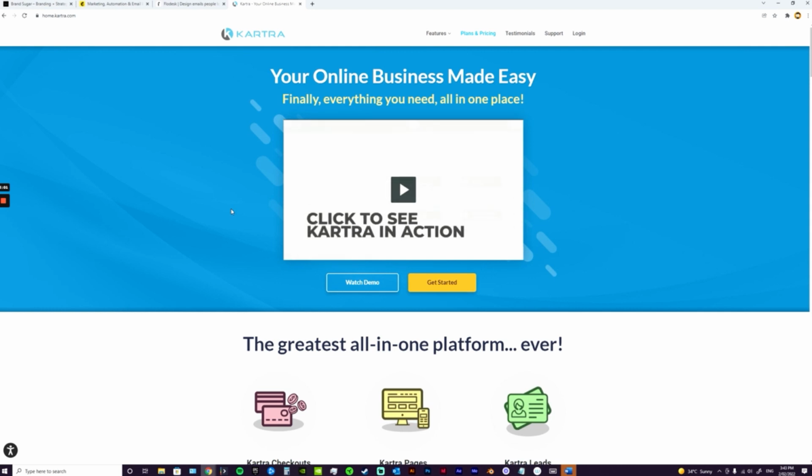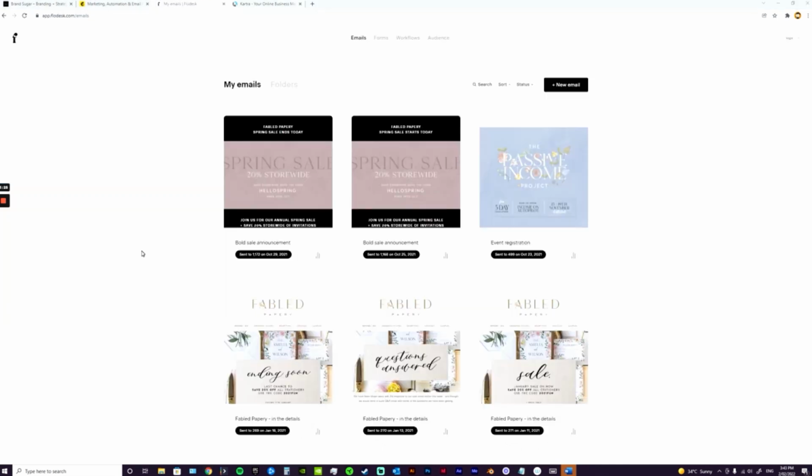I'm going to jump into Flowdesk and quickly show you around there and how you can actually set up a landing page to start your mailing list. This is the back end of Flowdesk. And what I love about Flowdesk is it is so beautifully simple. You've got these 4 options up the top and that's it. So we're going to go to forms, and I'm going to go new form,